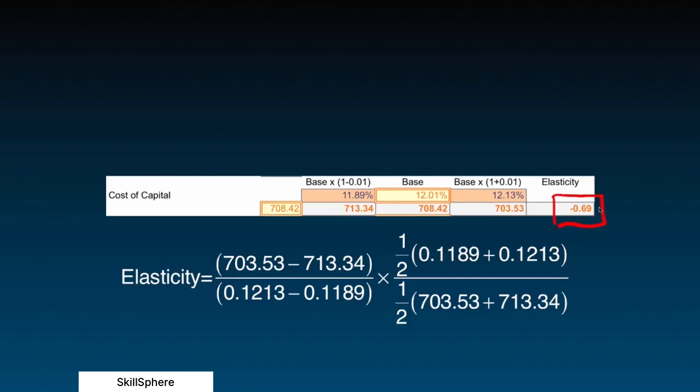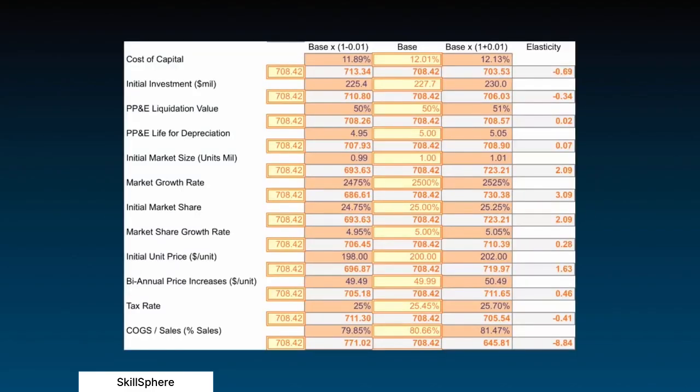So a 1% increase in the cost of capital, a 1% relative increase, I should add, is associated with a 0.69% decrease in the NPV of the project. And I can do that for all of the parameters. Again, I'm just showing you a few, but you can see a couple of parameters start popping out very quickly, such